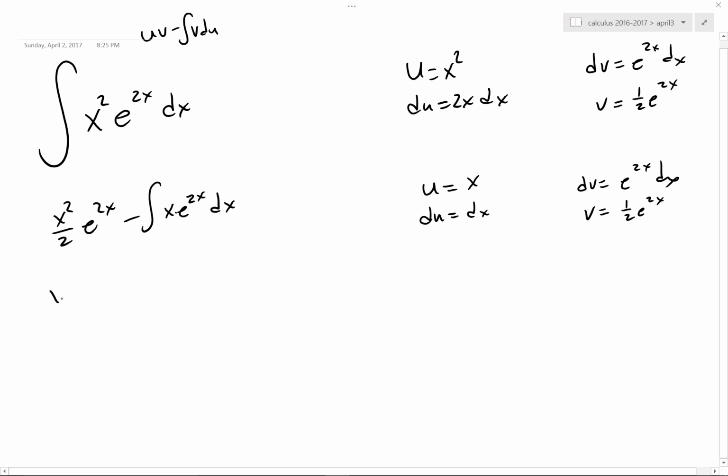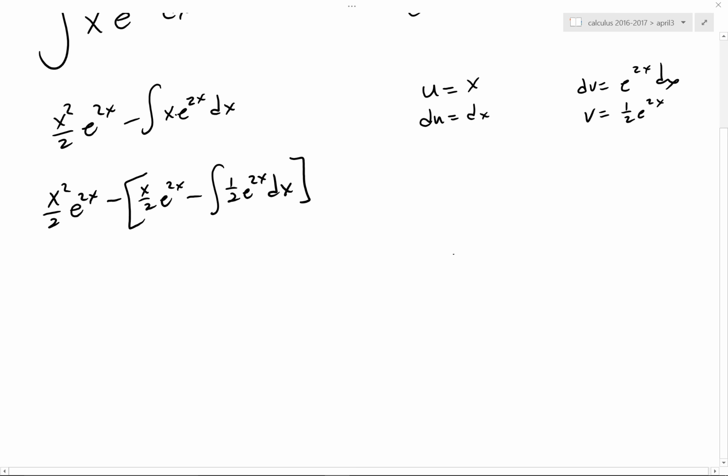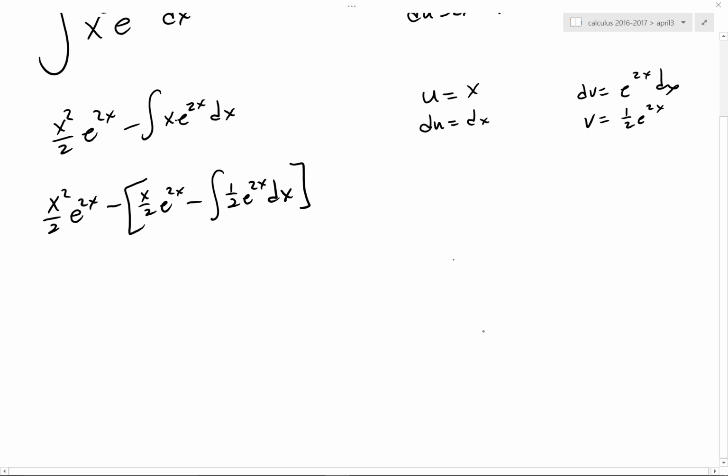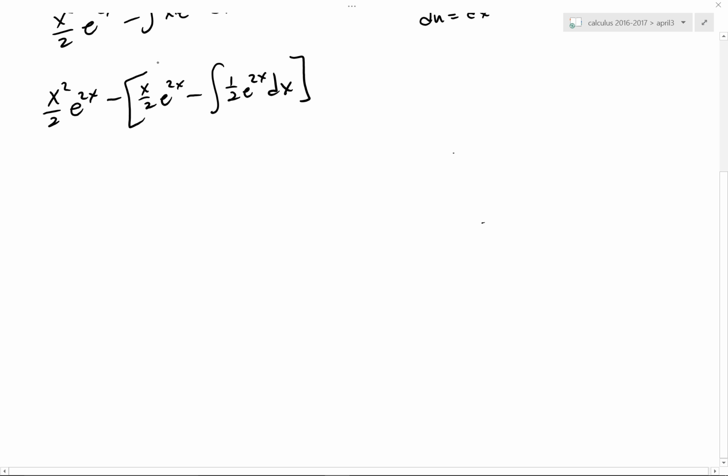And then this first part just carries down. And the negative's still here, so don't lose it. It's a pretty common mistake people make because they're not paying attention. That's u times v, minus the integral of v du. Well, that's cool. Because now, if a person distributes that negative through,